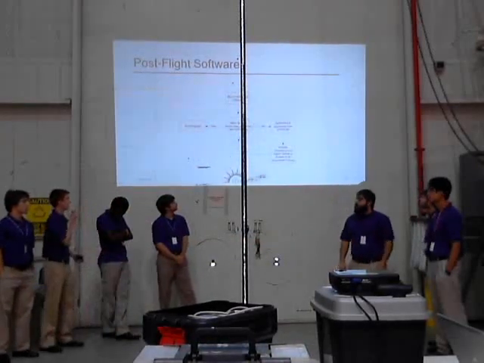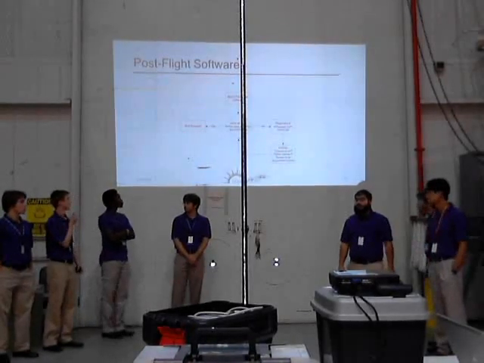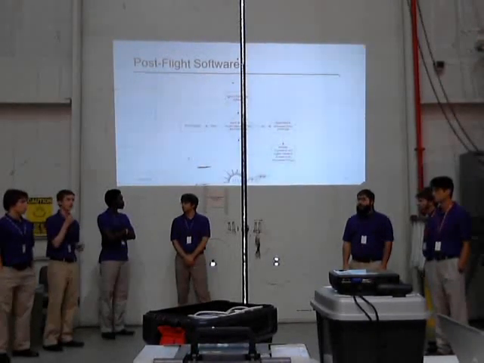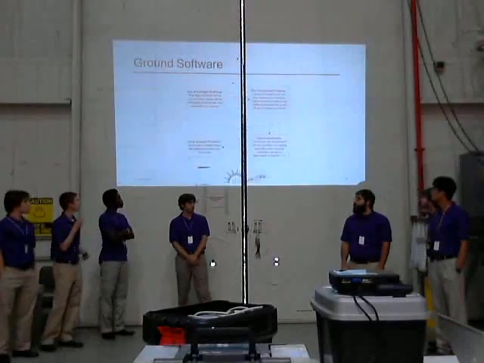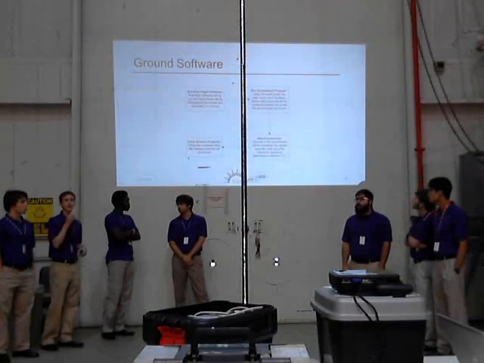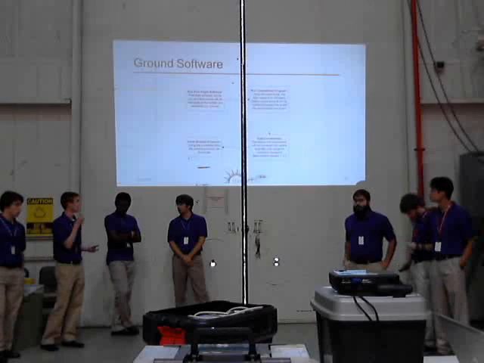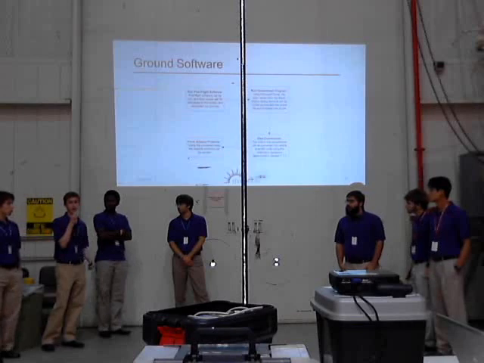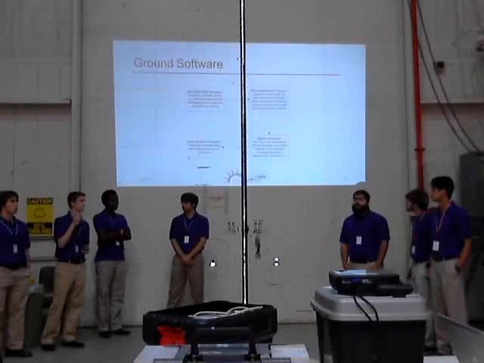The post-flight software is generally just to display our data back to the debug terminal so that we can use it for analysis later on. It just reads each event and separates each sensor value by a comma, and we'll take those values and use them in our ground software. Our ground software, what we do is we take the debug terminal, we copy the values from the screen, and we're able to put that in a text file, which can be imported into Microsoft Excel. And Excel has a function that allows the data values separated by commas to actually become columns, and we can just take that data, apply all of our conversions, and create our science products from there.